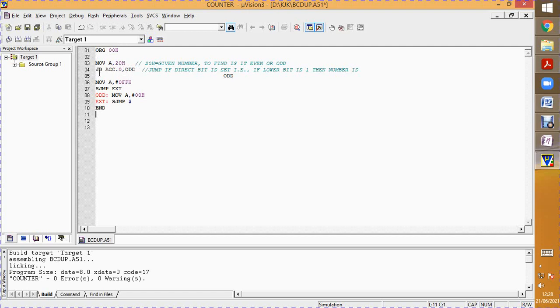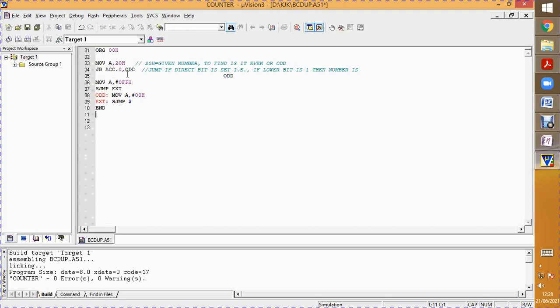For this we will be using JB, or else you can also go with the RRC instruction. Here, in order to show the use of bit set instructions, we are using the JB instruction. So jump if the 0th bit of the accumulator is set, then it will be indicating it is an odd number.